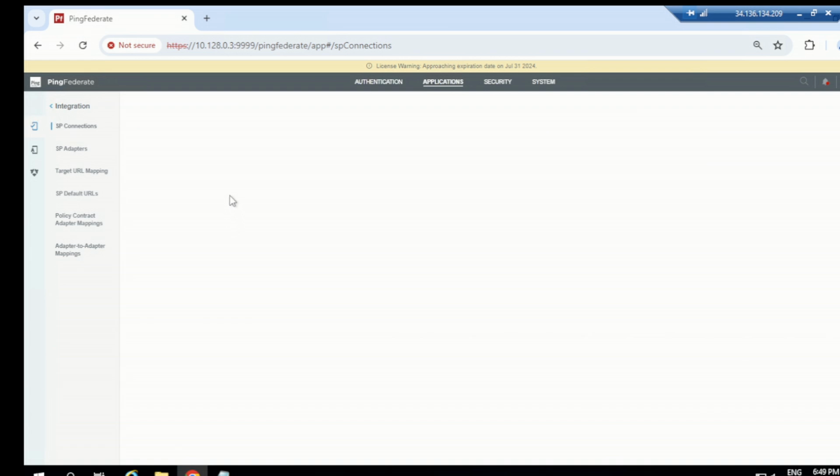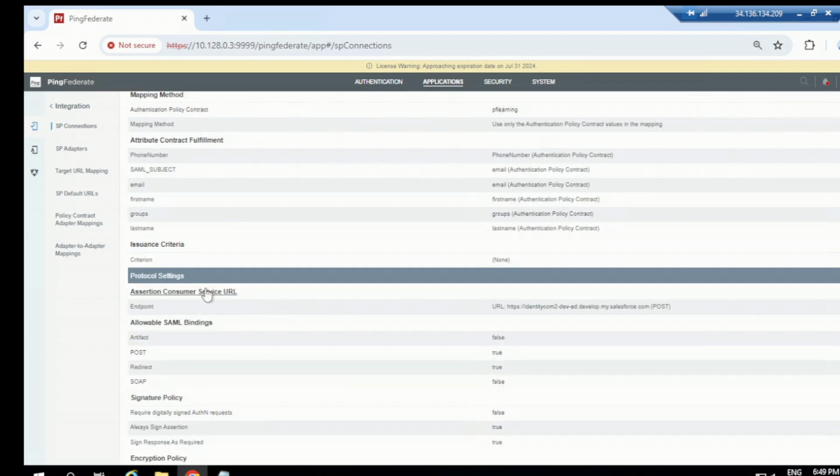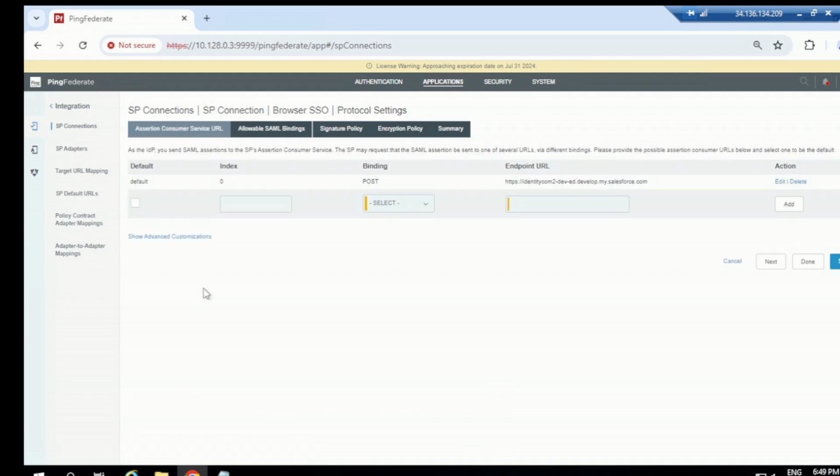So yeah, let's open this Salesforce. Now the Salesforce application configuration, if you can see, we have the Assertion consumer service URL, which is nothing but the address where the application wants a token. So here you can see we have the index value, the binding, and the endpoint URL. If it is only one, then by default it's going to send the response to this